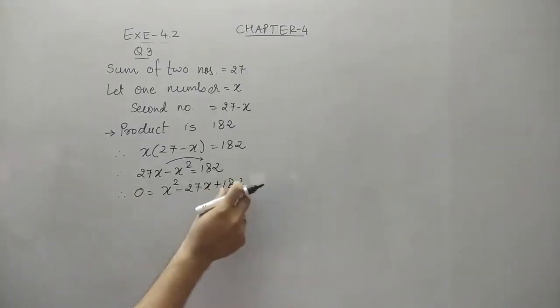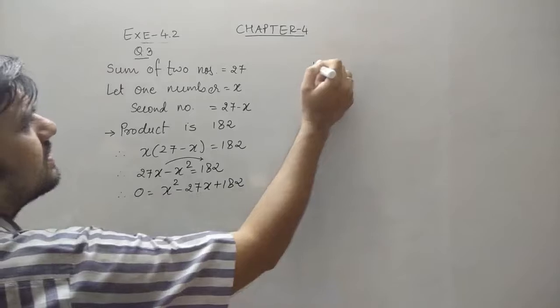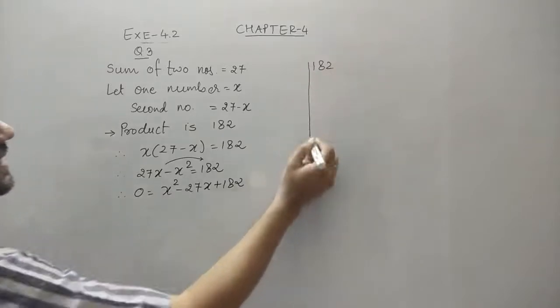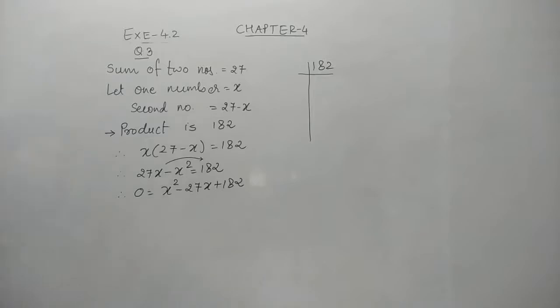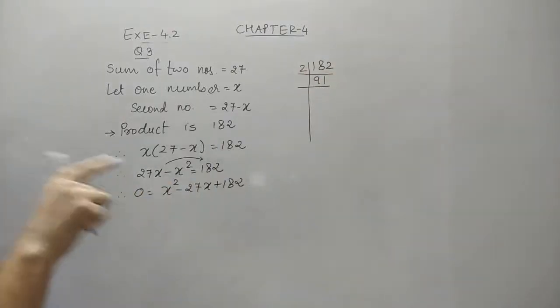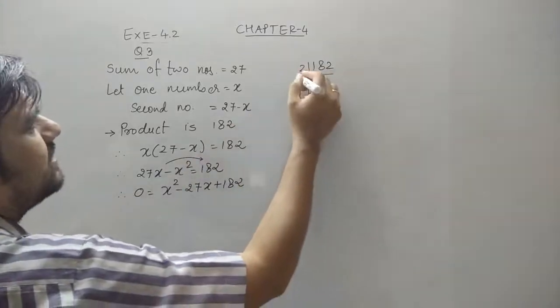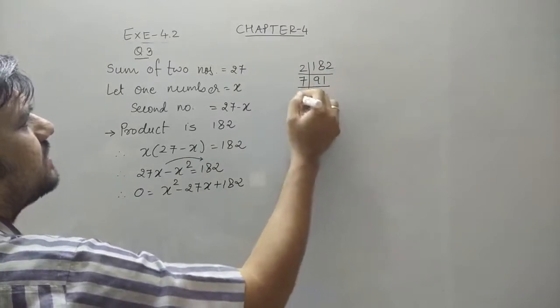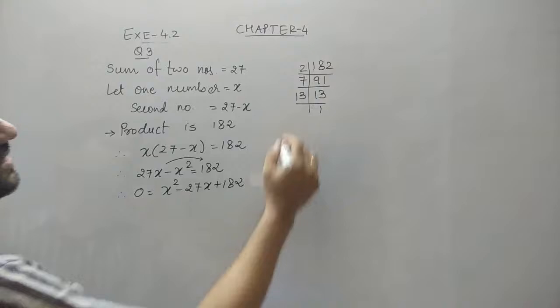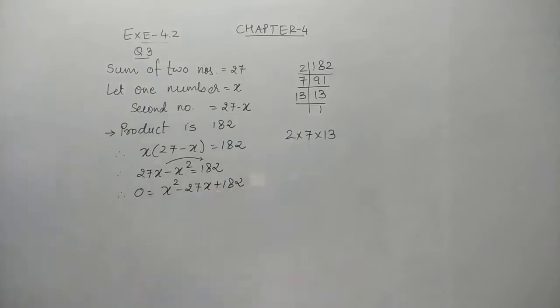Now we have to find the factors of 182, whose product is 182, and we have to obtain 27 by the addition. This is quite interesting. As I told in the previous video, if a big number comes, how will we find the factors? It's a kind of LCM, or we can say I am doing prime factorization. 2 nines are 182, 91 is 7 thirteens, and 13 ones are 13. So the prime factors of 182 are 2 into 7 into 13. If we multiply them, obviously 182 will come.